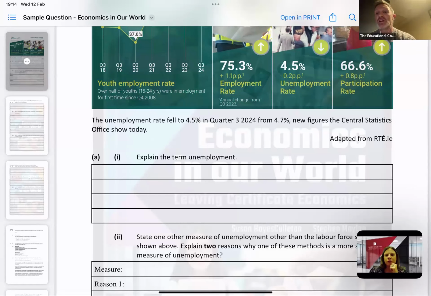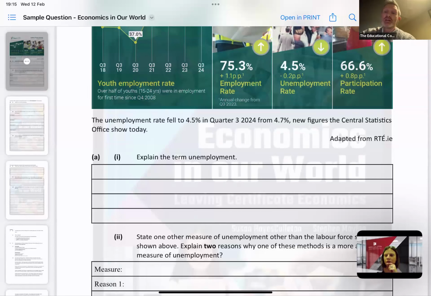But even the terminology of the question has changed. I know it came up a couple of years ago. A lot of teachers were giving out that the term defined is not asked an awful lot. It's explain the term. But if it's explain the term, it's not just simply the definition. It could be giving the unemployment rate at the moment if it's not given above. Also, the students can get marks if they don't have the definition perfect. That's a big thing, and that's in favour of our students. That's something we would have seen when we were correcting in the summer. So that terminology there, explain as opposed to define.